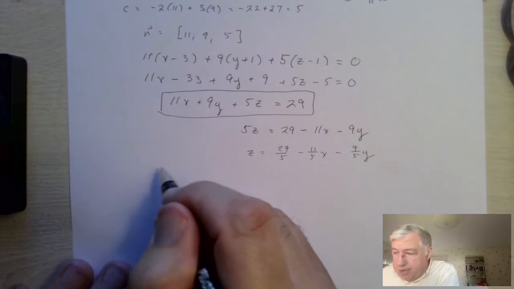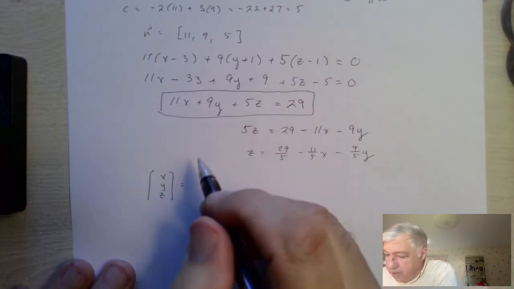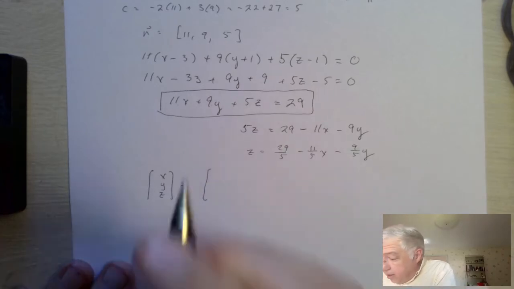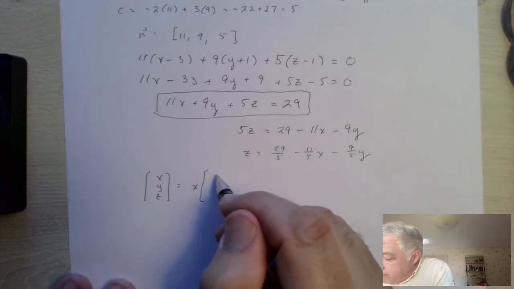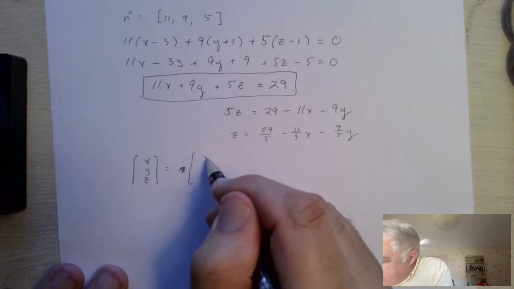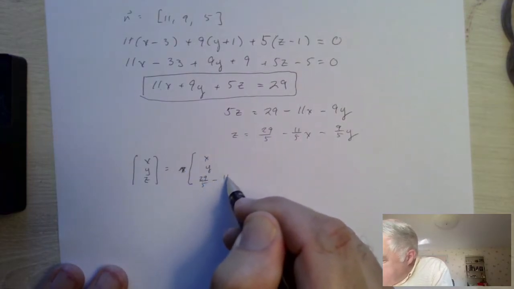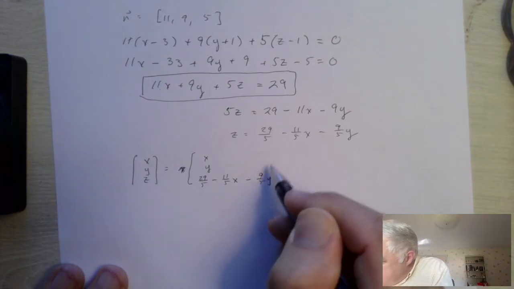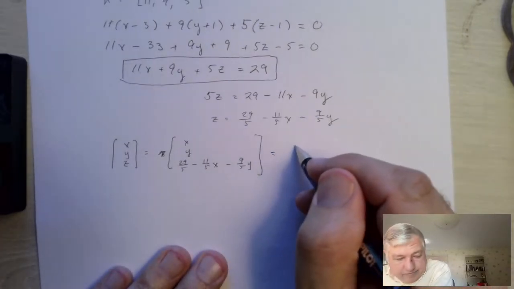So x, y, z can be written as, well, x times... let's just do all the steps here. So x, y, z is going to be x, y times this expression. Okay. And then we can write this